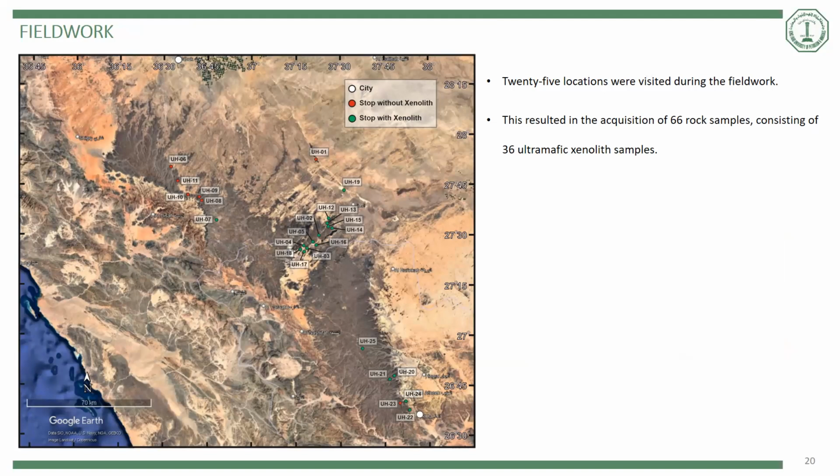Yes. Yes. Yes, xenolith areas are barren, yes. Again, yeah. Well,